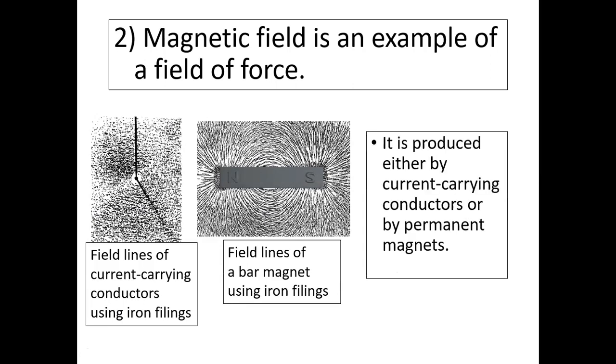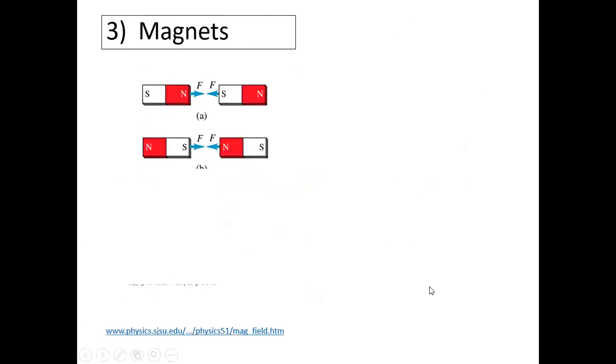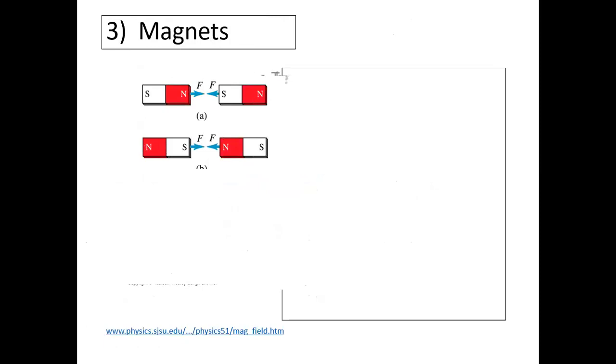So the thing you need to introduce is that a magnetic field is produced by a current carrying conductor or by a permanent magnet. Here is a current carrying conductor producing a magnetic field. There's your permanent magnet. Two things. That's your SPM work for magnet. You need to remember